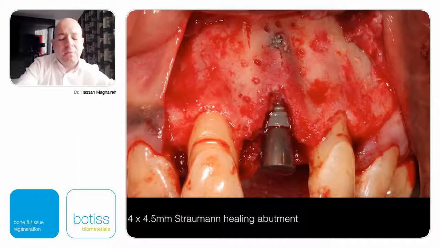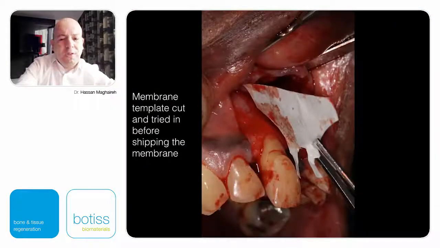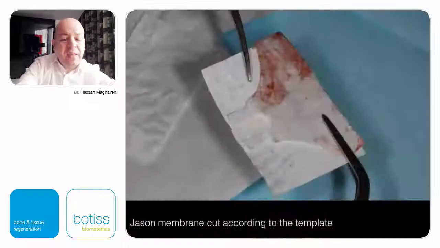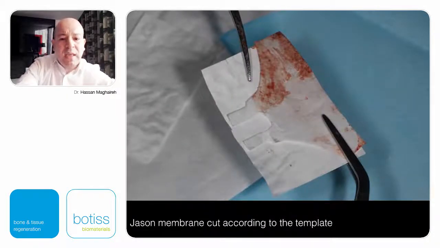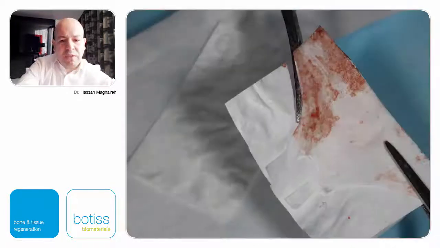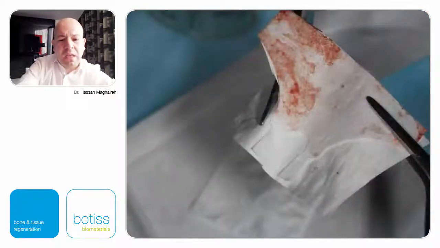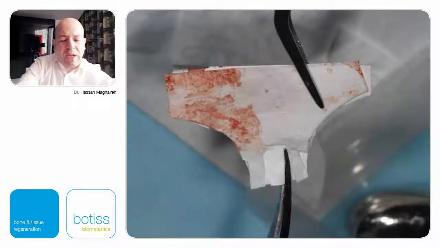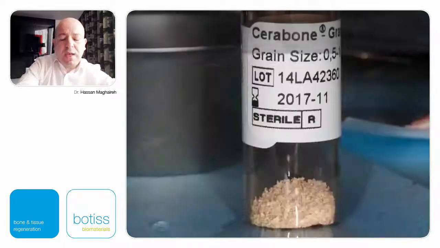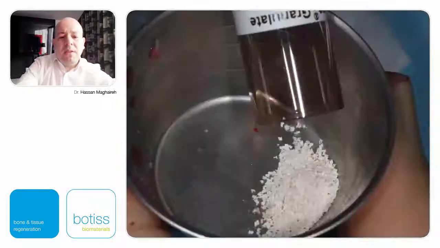Now we're going to go for the guided bone regeneration in this case. But first we have to clean the bone. We go for decortication to get some blood to help with the blood supply. And then I reach for my membrane. In this case, we use Jason membrane from botiss. And I use the little white paper in the sterile pack as a template. So you start cutting and manipulating till you reach a point that, yeah, this is the shape you like. And then you use that against the membrane you're going to use, and you cut your template in a clean, easy, straightforward way. Once the membrane is ready, you adapt the membrane on the top, and you lift the membrane